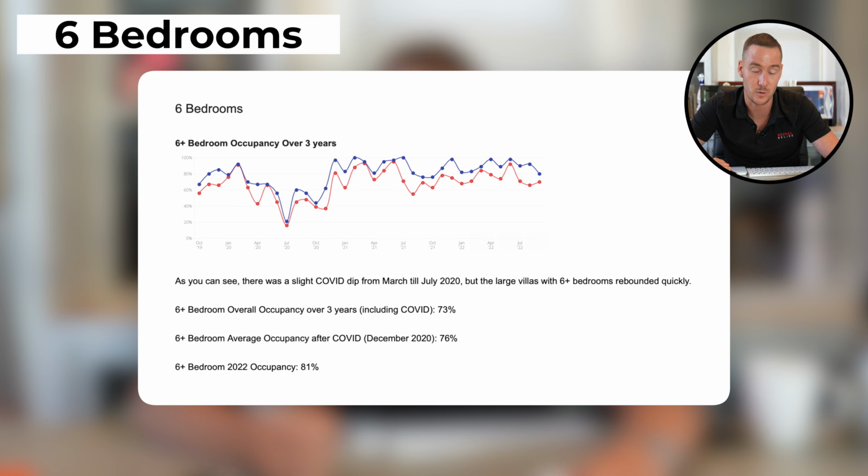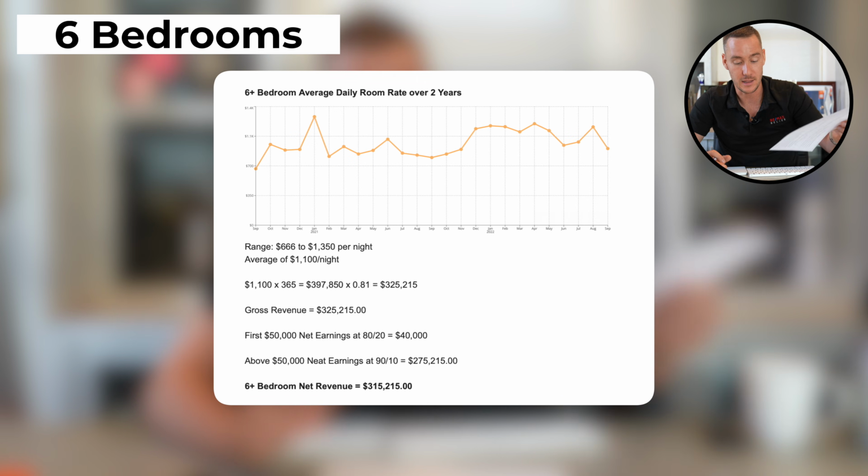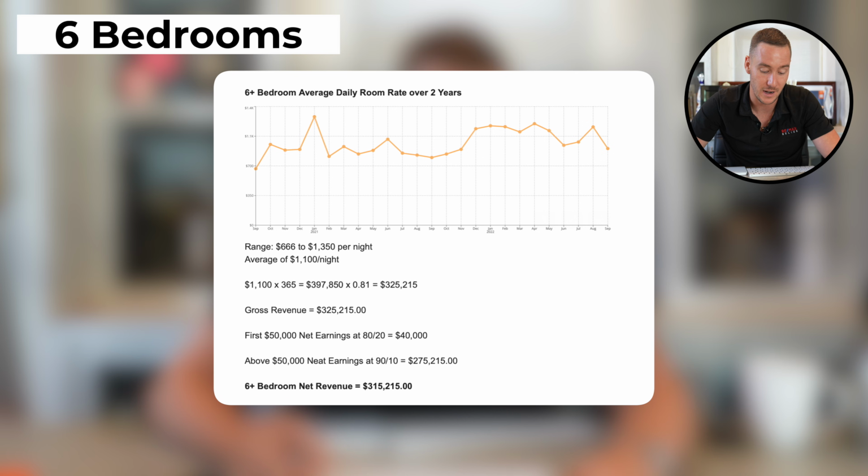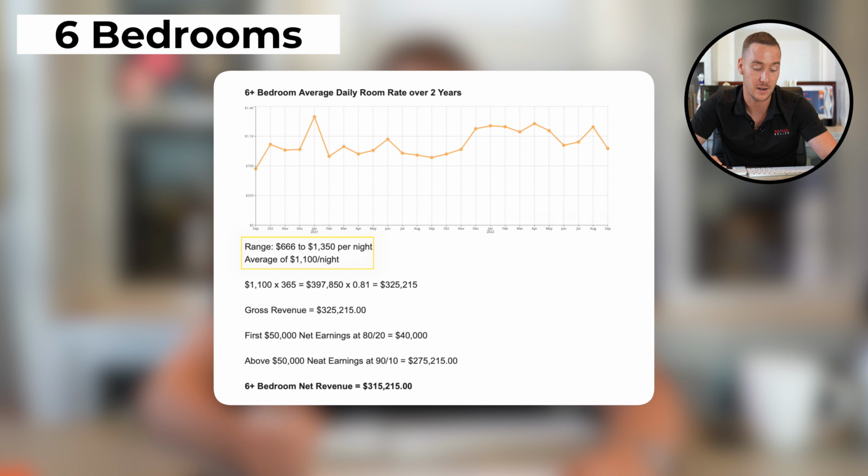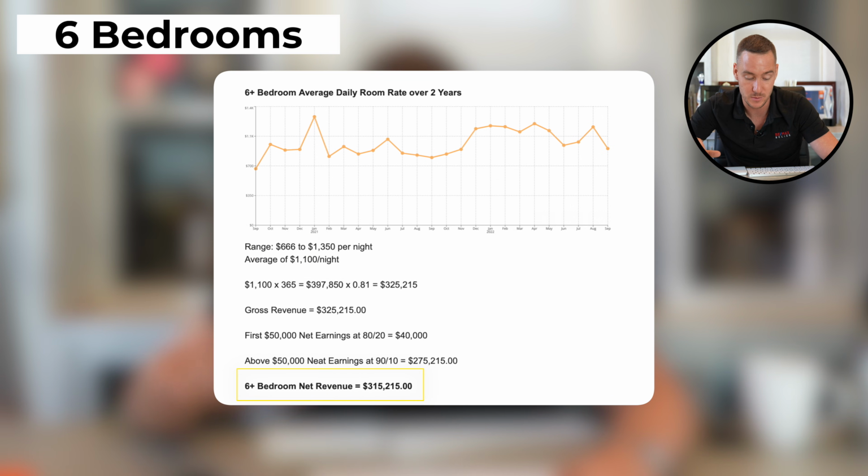So 6-bedroom overall occupancy, 73%, that's the 3-year period. When you look at the 2022 occupancy rate, you're looking at 81%. And then we dive in over here and we take our ADR, our average daily rate of $666 to $1,350 per night, average that out at $1,100 per night. After we've taken away the property management, everything,